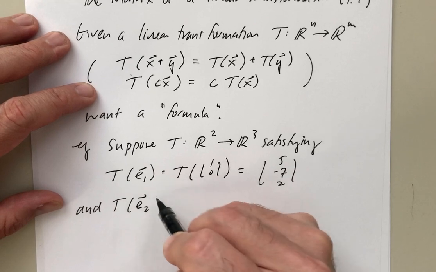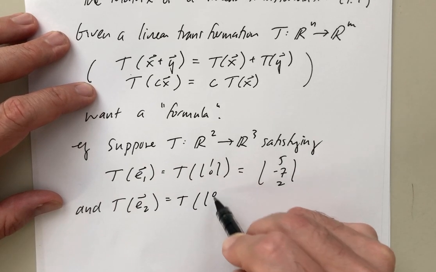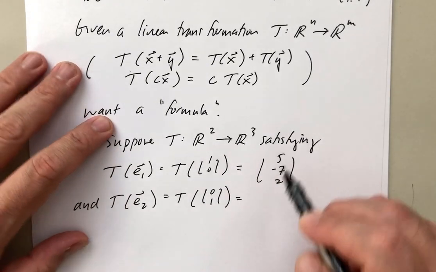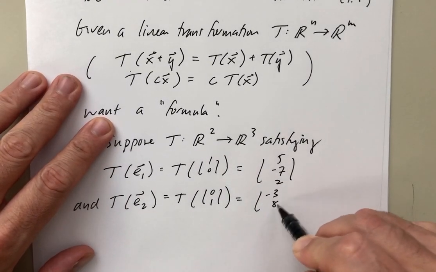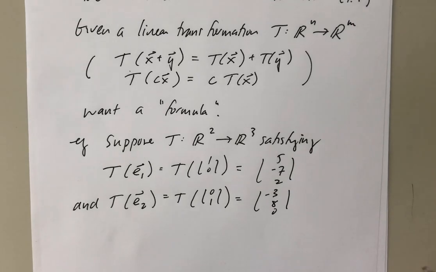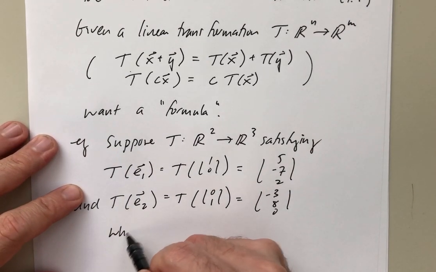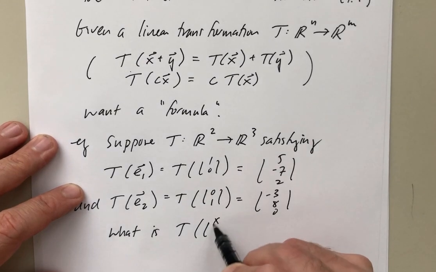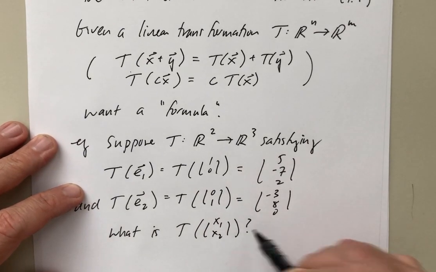T of E2, which is by definition the vector (0, 1), so it has a 1 in the second coordinate and a 0 everywhere else. Let's say I know that this is (-3, 8, 0). Okay? I want to know what is T of an arbitrary vector. So let's say (x1, x2). Okay, so,